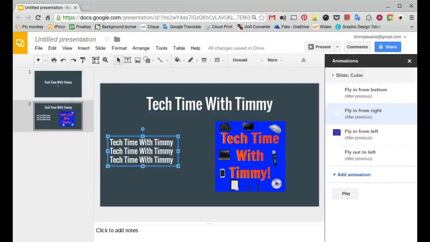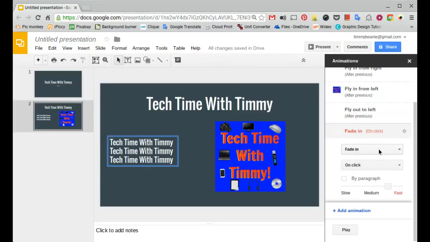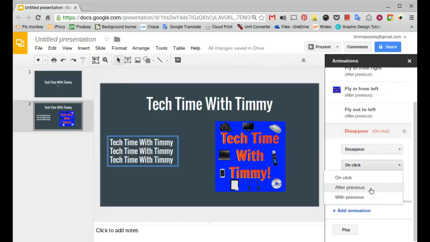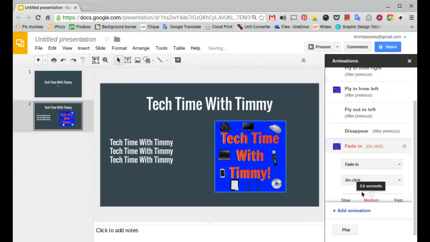Maybe you wanted this text to go away, so you just click add animation again, and maybe this time you want it to disappear. After the previous. Now, what if you wanted this image to disappear at the same time as the text? You can do that as well by just going here and then selecting disappear